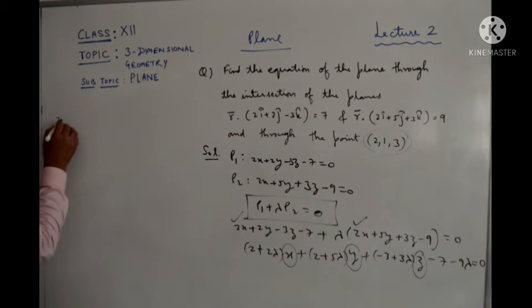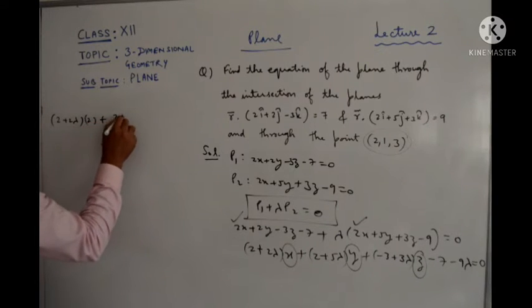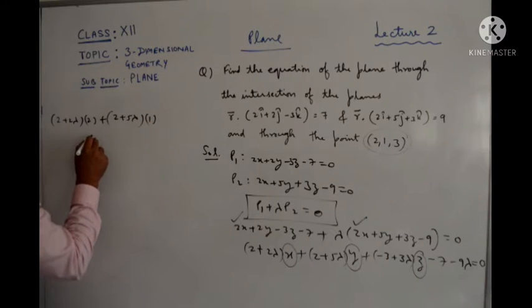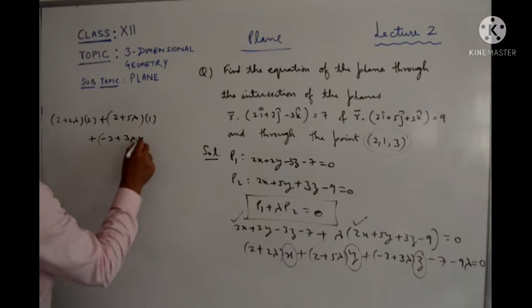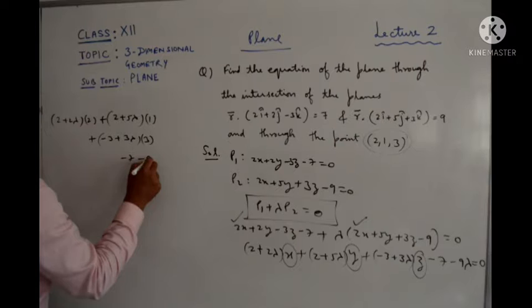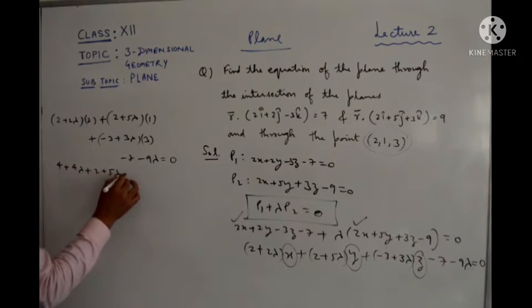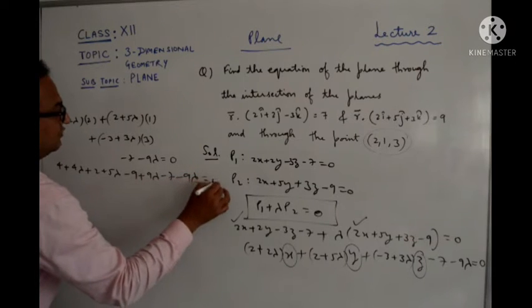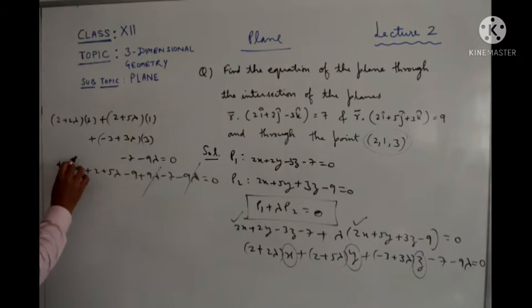So we have (2 + 2 lambda) times 2, plus (2 + 5 lambda) times 1, then (-3 + 3 lambda) times z, that is 3, then we have -9 - 7 lambda equal to 0. From here we have 4 + 4 lambda + 2 + 5 lambda - 9 + 9 lambda - 7 - 9 lambda equal to 0. The 9 lambda cancels with minus 9 lambda, and we have